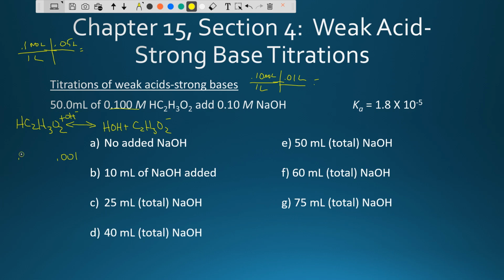Okay, remember I had a 0.005 just a moment ago. That's how much I'm going to be starting with every time. Now, when I do this, I have no acetates to begin with, and so I'm going to be eating up some of these hydrogens using my hydroxides. And so my change is going to be